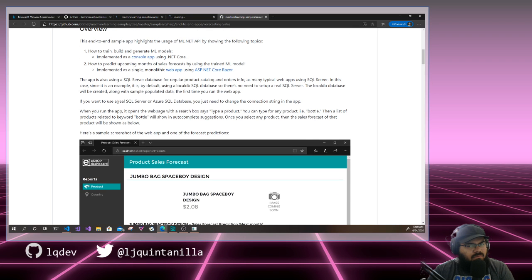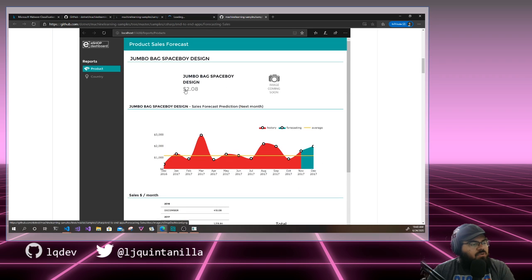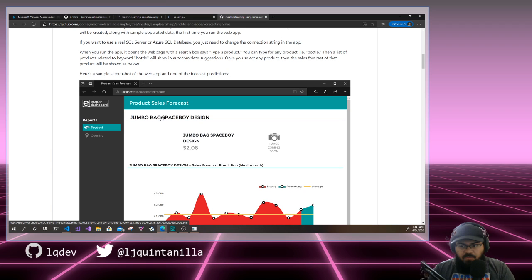That'd be a good question. But essentially what this is, right? It does sales forecasting, and it does this inside of a web application. So you can think of using something like the SAFE stack, highlighting the SAFE stack and showcasing the F# way of doing this, right? And maybe it wouldn't look the same, but you would put something together that's very similar,